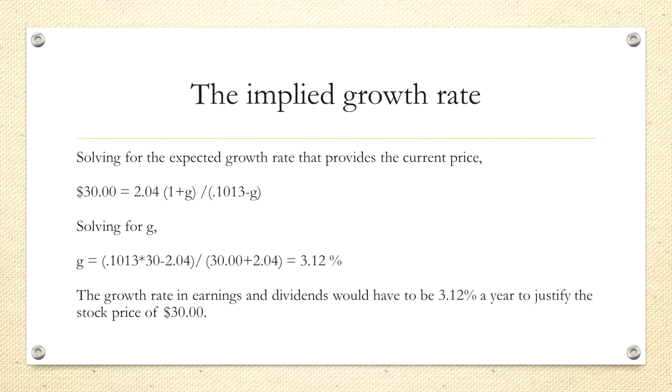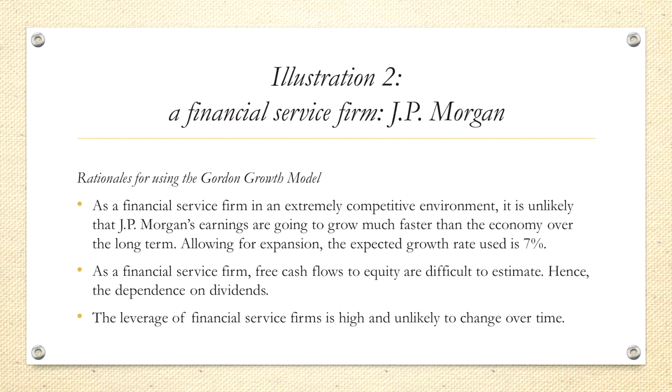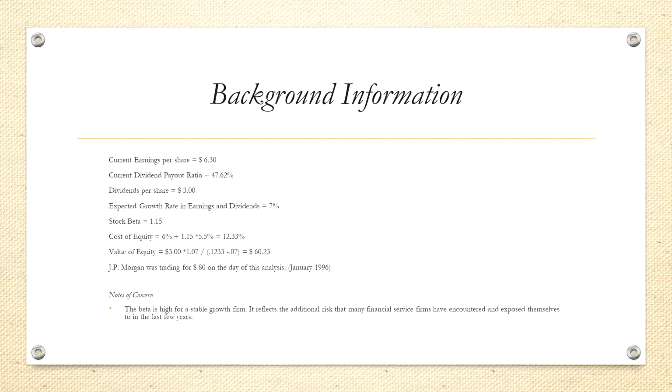Let's go to another example, JP Morgan. JP Morgan is a financial services company. Once again, a financial services company is another good candidate for us to use the constant growth model. Here's a little background information about JP Morgan back in